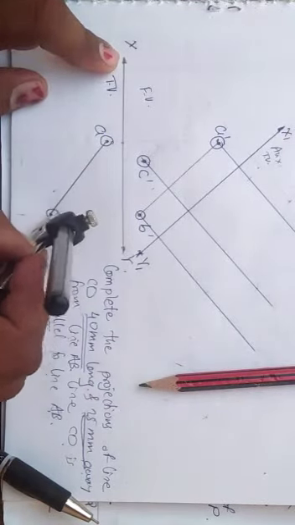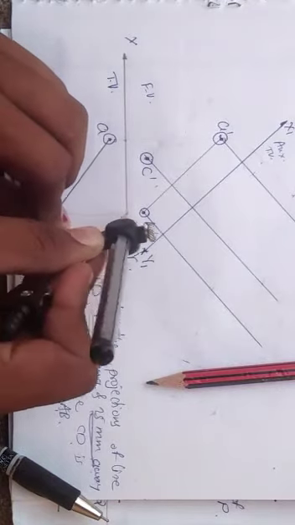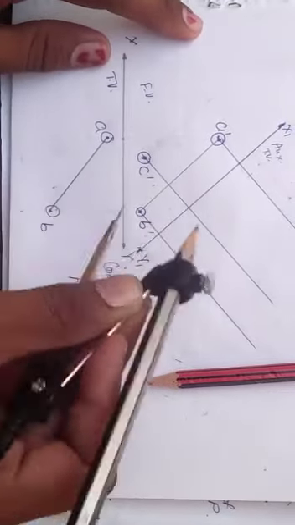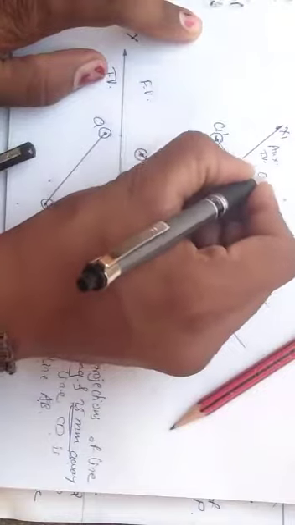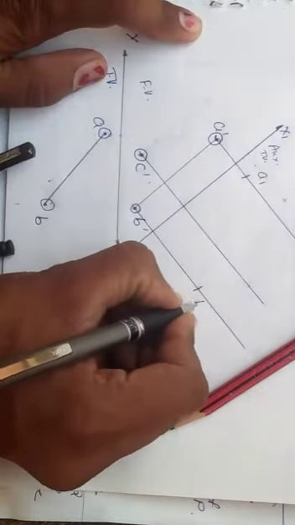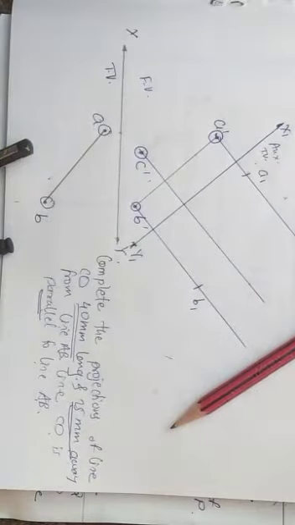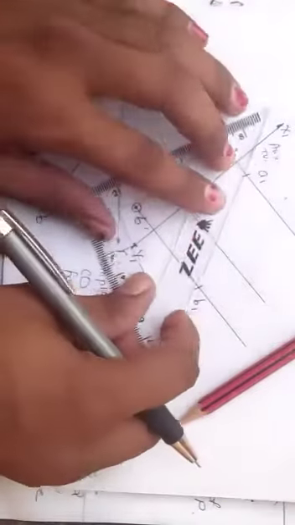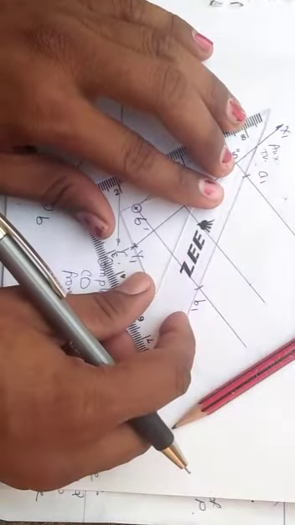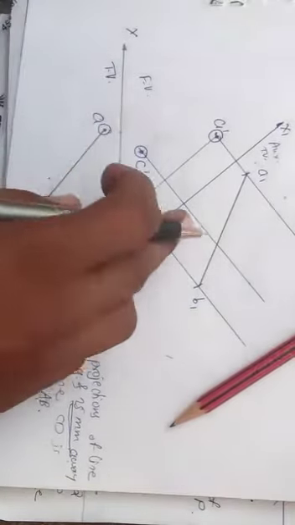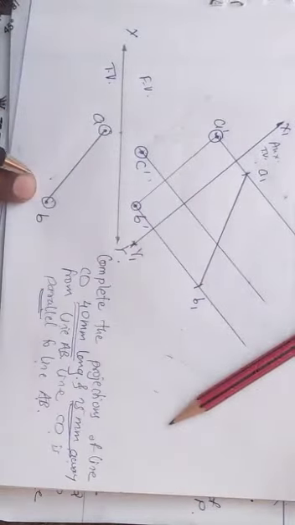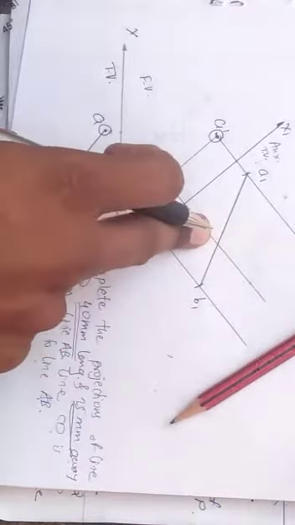Take the distance of point B from XY and mark it here on the projector of B from X1 Y1. So here we will get point A1, and here we will get point B1. Join the line. Line AB is ready. Now we cannot plot point C because we don't have point C in the top view, so we cannot locate point C here in the auxiliary top view.